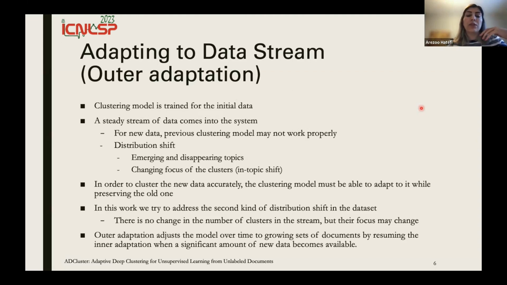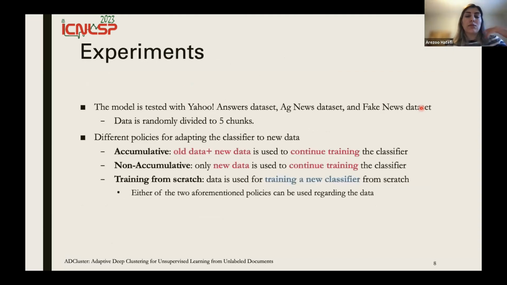To adapt the ADCluster to the data stream, we continue training the model for the new data. For making the data stream for each dataset, we randomly divide the dataset into 5 chunks and we feed them to the model sequentially.